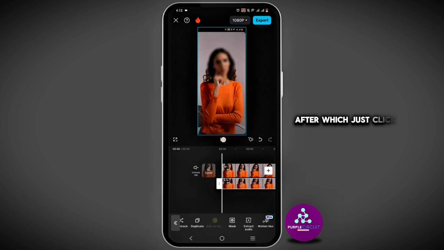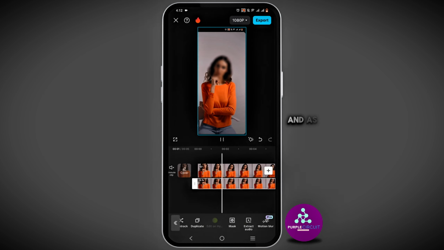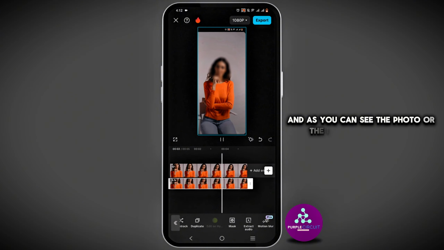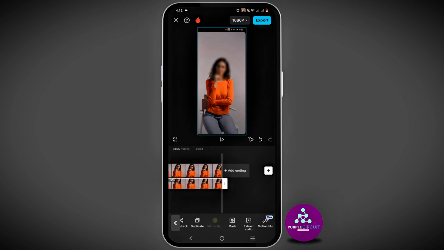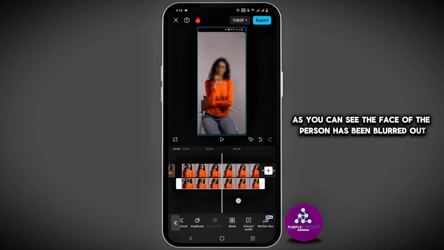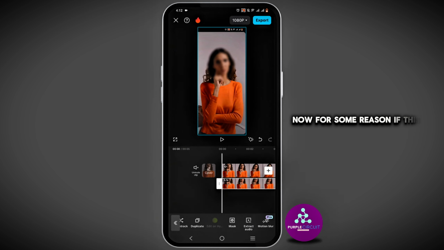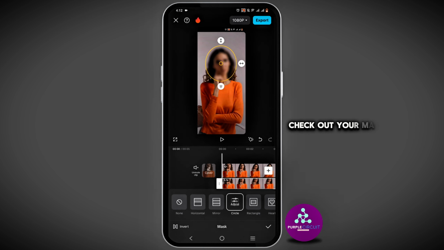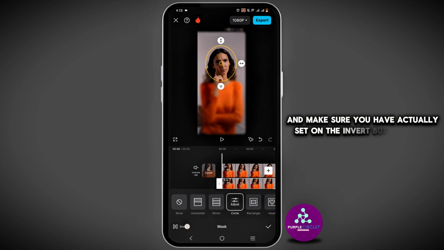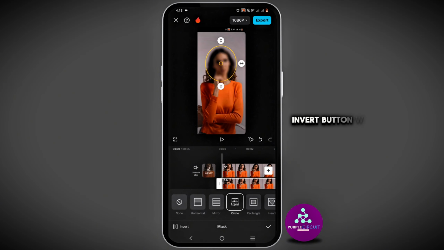After which, just click on the play button. And as you can see, the face of the person has been blurred out. Now for some reason, if this is not working, check the mask once again and make sure you have actually set the invert button, as the invert button will help you to